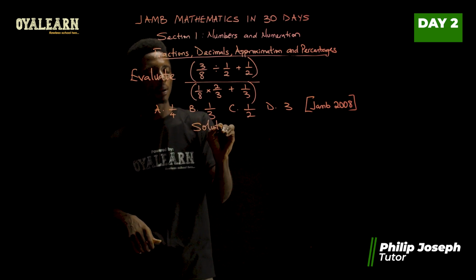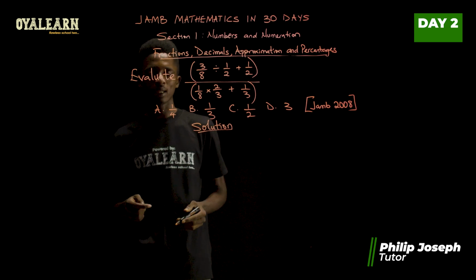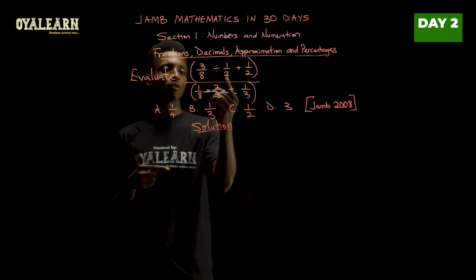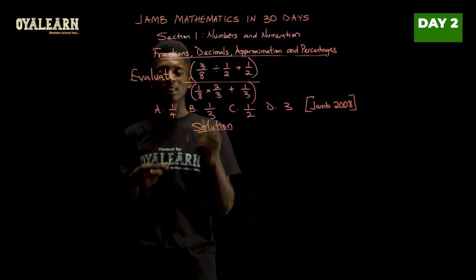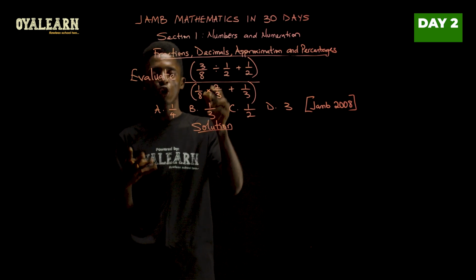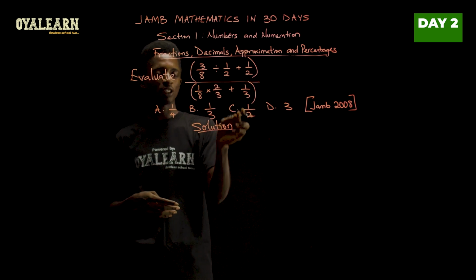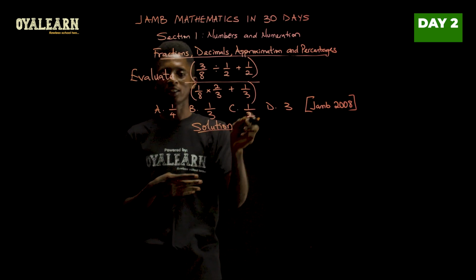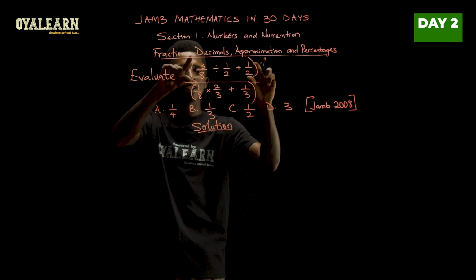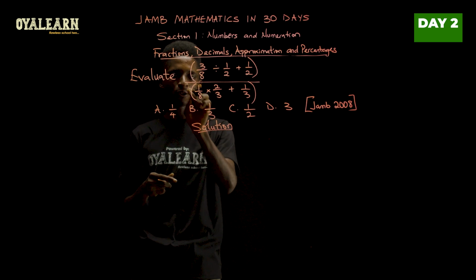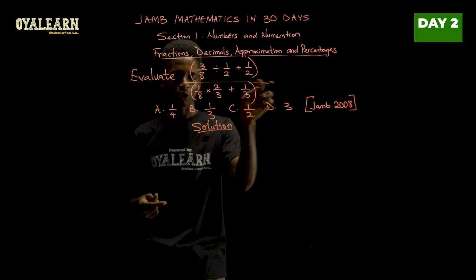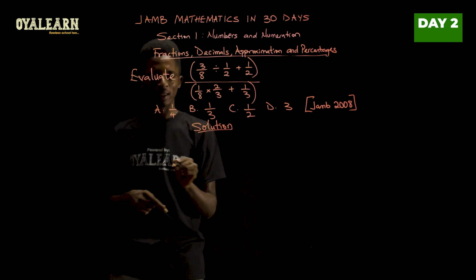Now, when solving problems like this, ensure you follow BODMAS. Some students make the error of adding these straight before applying the division. Note that division should come before addition, and for the denominator, multiplication comes before addition. And always make sure you tidy up what is in each of the brackets before you apply this final division here. So if I'm going by that, I would have